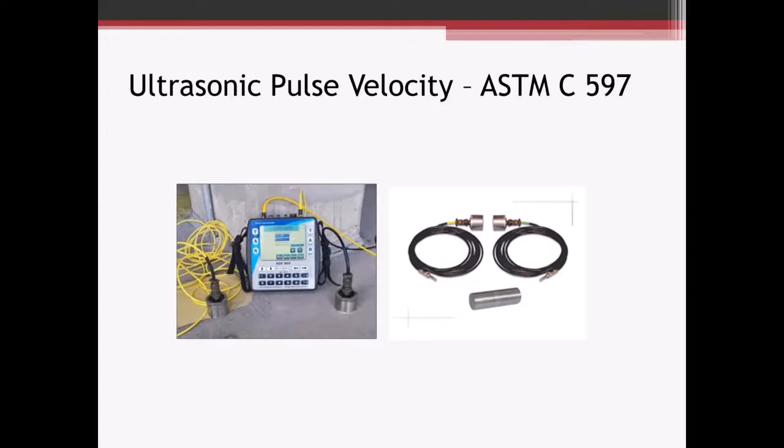Next one, ultrasonic pulse velocity. We talked about this a little bit. This is the equipment that we've got here at ATL: transmitter, receiver. This is a calibration bar. You're supposed to calibrate it every hour while you're in the field. That calibration bar has a known pulse velocity, so we make whatever adjustments we need to make in our timing mechanism to make sure that our